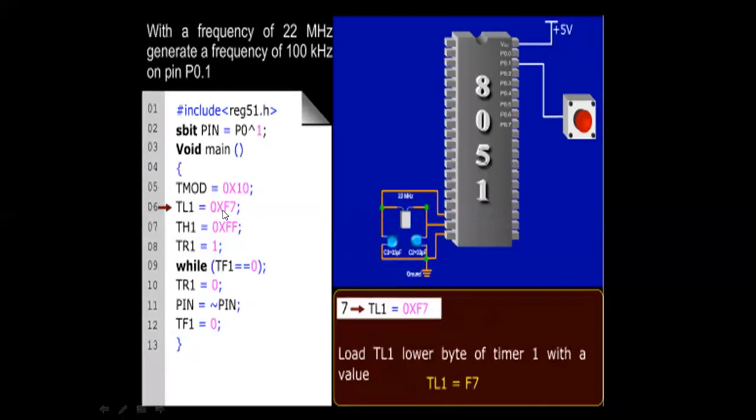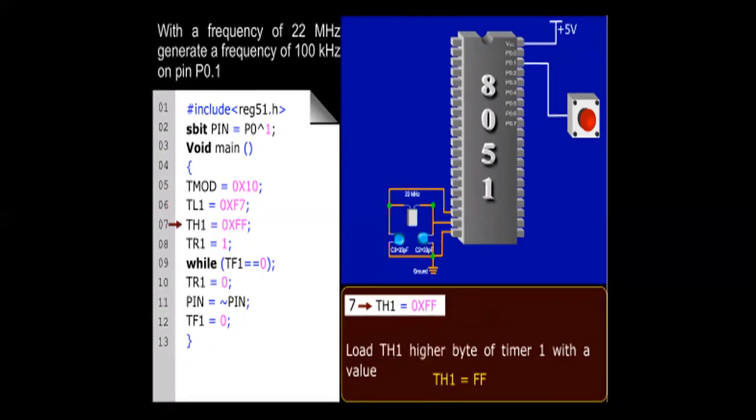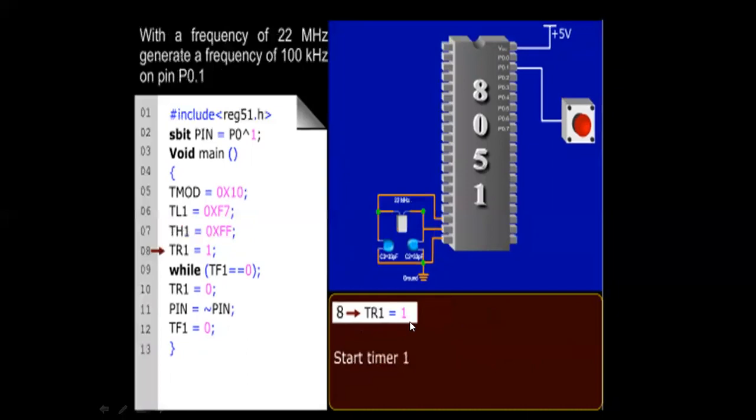Next, TL1 is equal to F7H. This is the initial value from where the count has to start. It is loaded into the TL1 register. And in the TH1 register, we have the end value, that is FFH. It means the count starts from F7H up to FFH. Next, TR1 equal to 1.